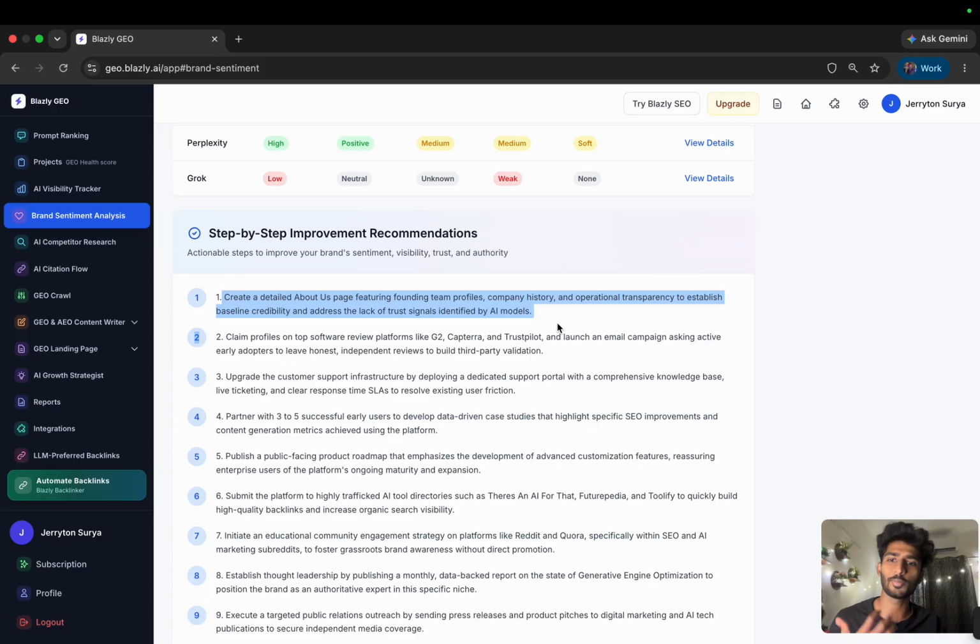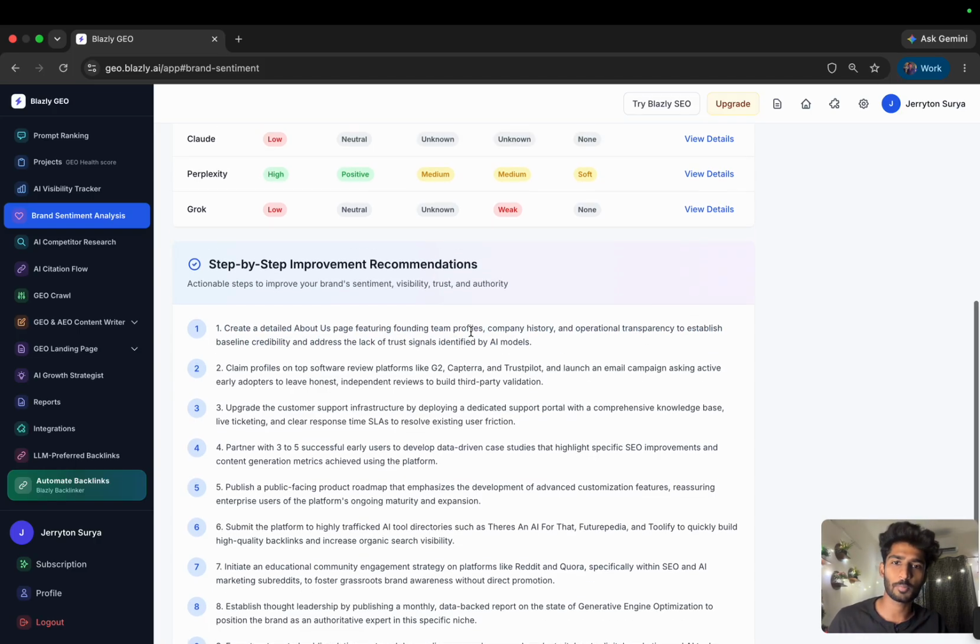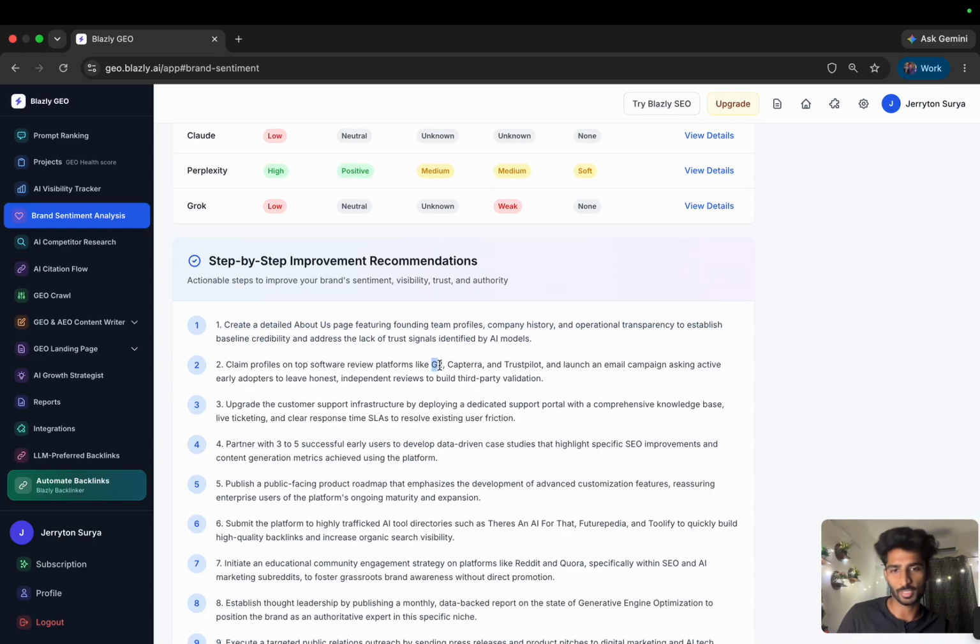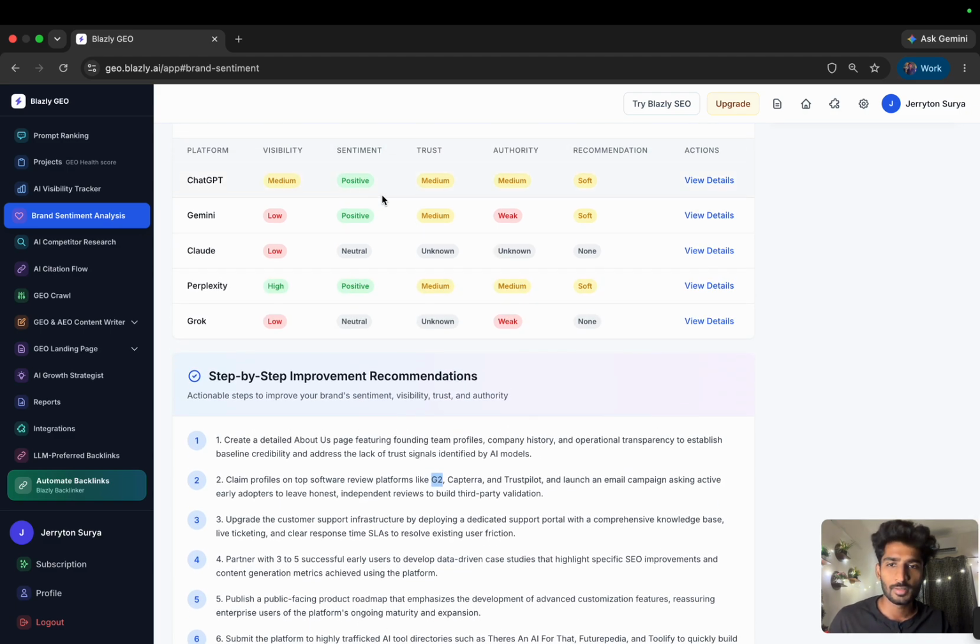It's more like a personalized one. Since my profiles are new, I haven't claimed my G2, I think. Yes. So it will give me more clean-cut things to do. Once I did all these things, of course my sentiment and trust will be improved, authority will be improved, visibility will be improved. And one more thing you can do is press this view details